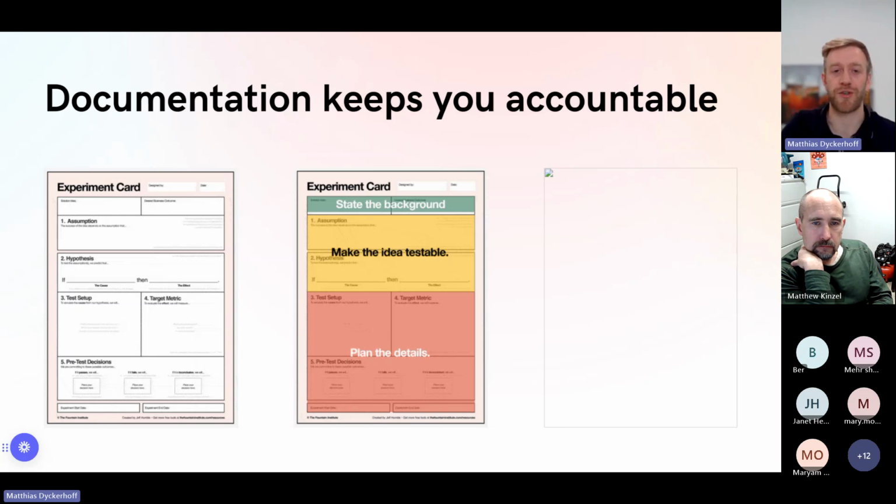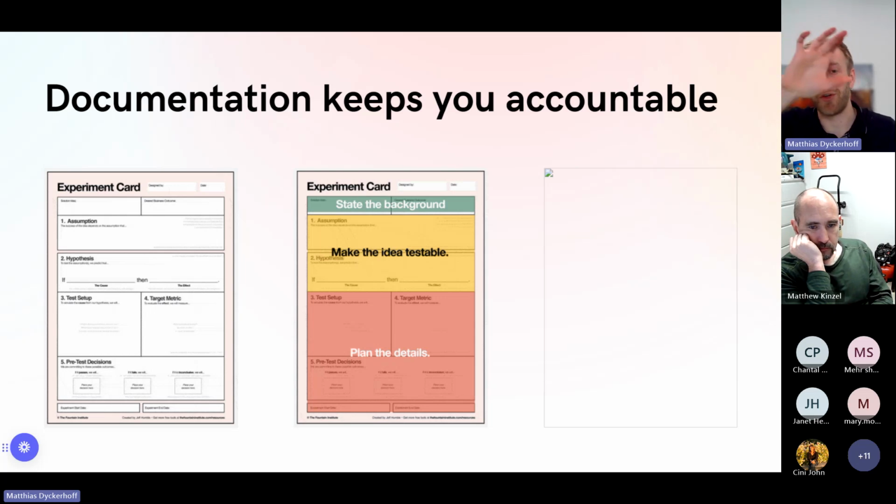And one way to structure this is something called an experiment card, where you list your assumption, your hypothesis, and then your test setup, the target metric, and then your decision. So after the test happens, what will be the result? In this case, my assumption is that there's enough demand in my neighborhood for my flower business. My hypothesis could be, if I knock on 100 doors, then 2 of them will purchase some flowers from me. So the test setup could be, I walk around and go door to door, and then my metric is how many of them actually buy a package of flowers.